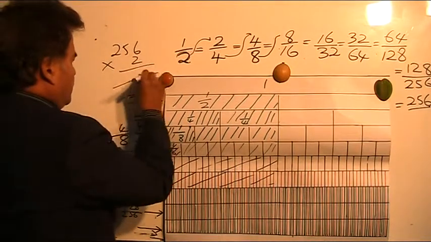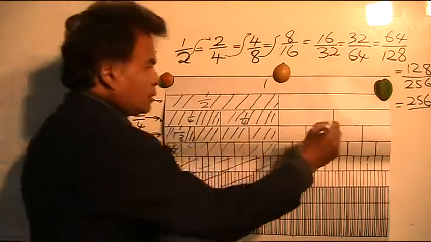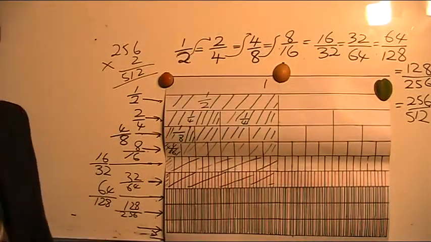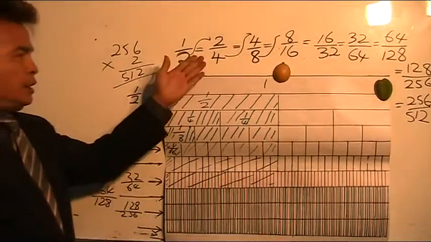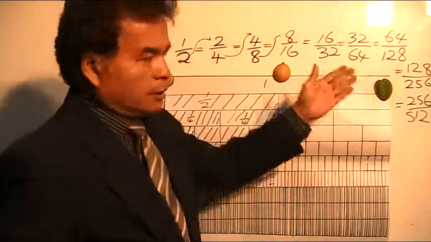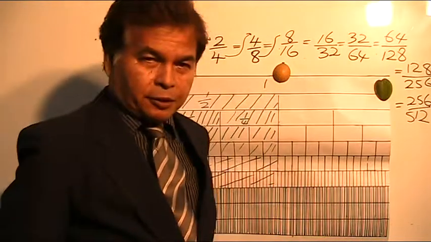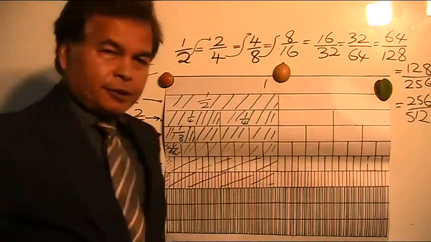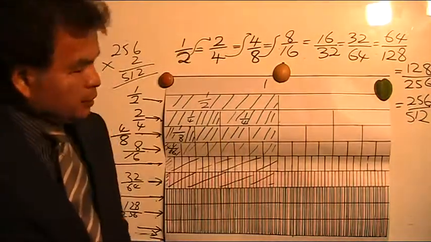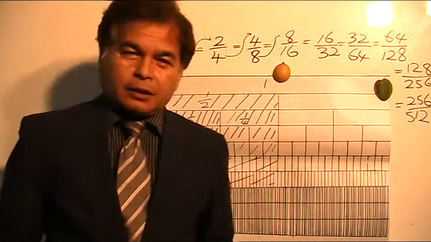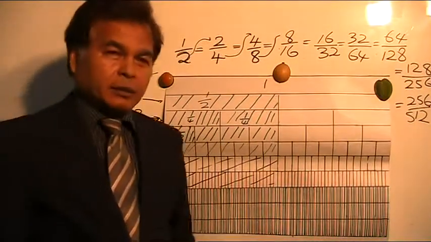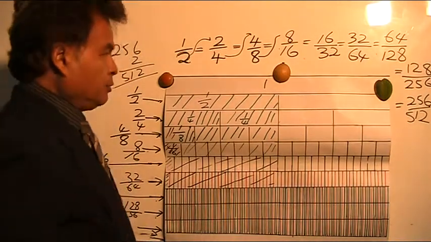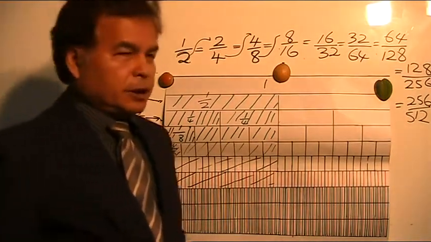We got it last time 512, right? 512. So this is again the examples of equivalent fractions, right? But of course, my discussion is meant for you to think mathematically. I don't like to give you just the information, but I would like you to have